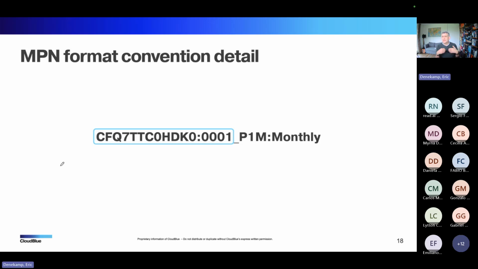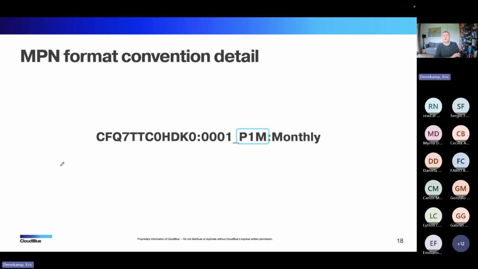In Connect, we separate those options out now by adding the subscription period. Subscription period, according to ISO 8601, where it says capital P, then a number, and then either a capital D, so many days, a capital M, so many months, or a capital Y, so many years.